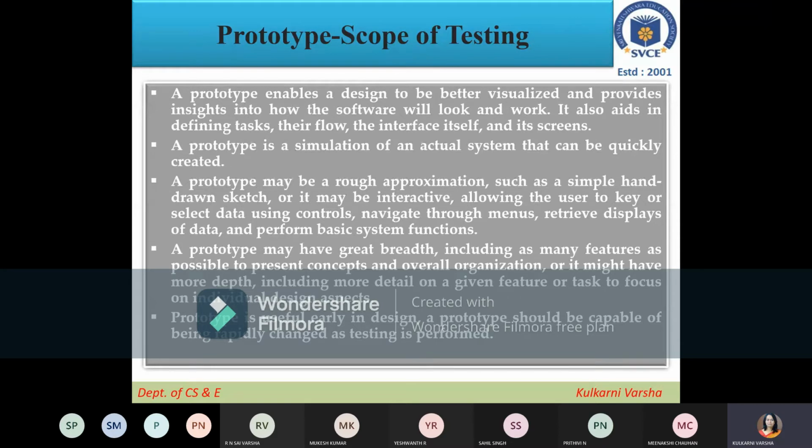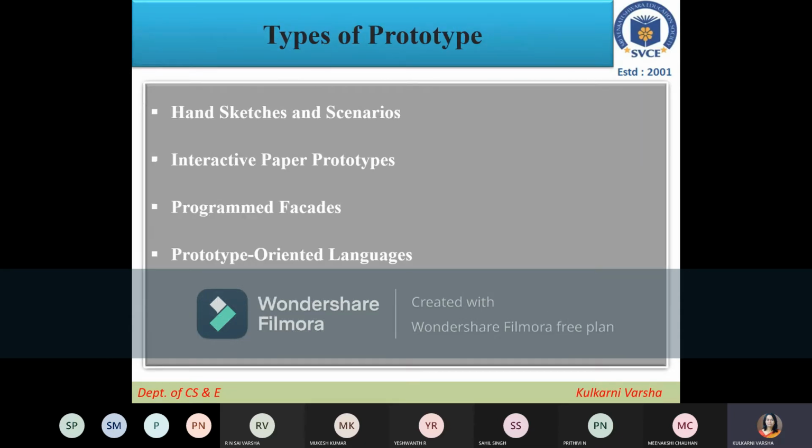We can use different types of methods to develop a prototype. It can give us breadth-wise coverage, or it can help us depth-wise also.